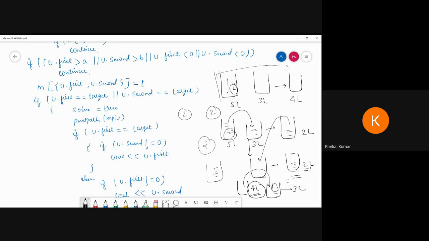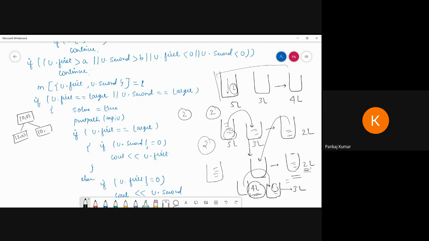Okay, so first what we have to state. Now this will be a state like this one. Starting 0 0, then we have to fill 5 liter and 0 liter. Then again, this becomes 0, and here we can fill up 5 liter.